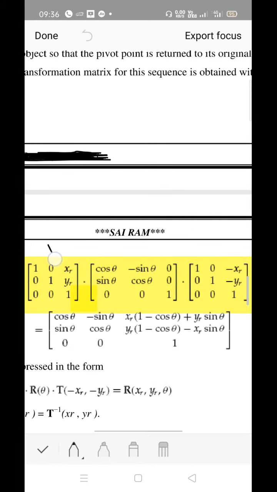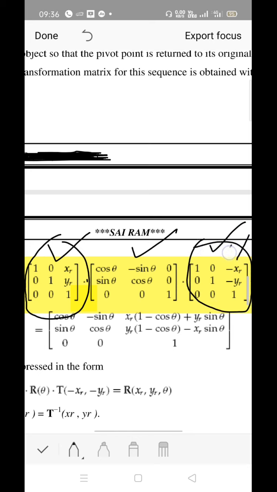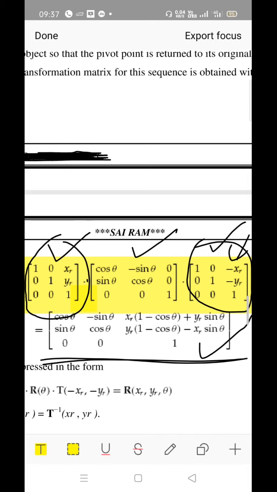right? Observe here, first this matrix represents the translation matrix: 1 0 xr, 0 1 yr, 0 0 1. Then the second one, in multiplication with the second one, that is the rotation matrix: cos theta, minus sin theta, 0, isn't it? Observe the contents. And finally we are mentioning the inverse translation. For inverse translation you have to subtract, so minus xr, minus yr. After simplification, you can go for multiplication, take 2 matrices at a time, then the resultant matrix in multiplication with the third one, you will be getting the contents over here which are mentioned.